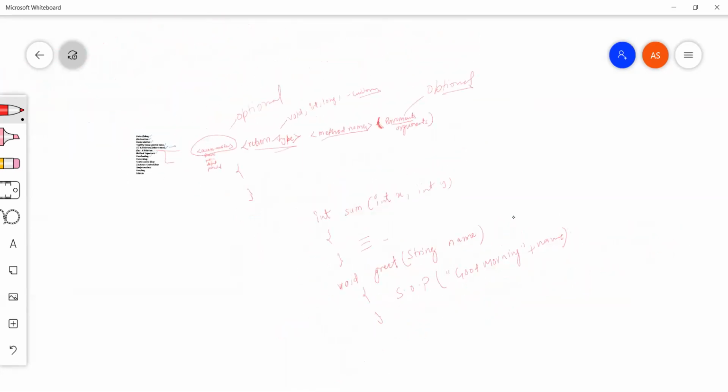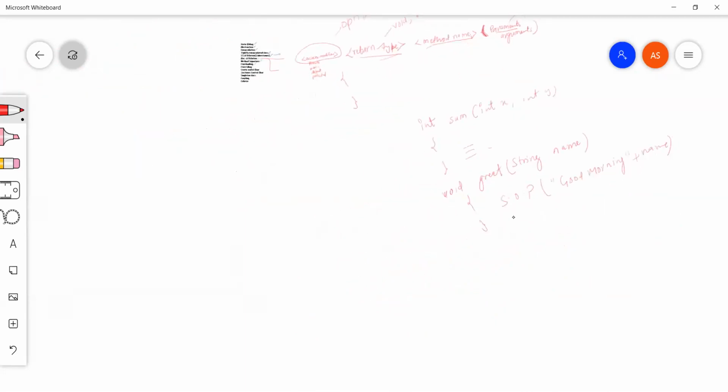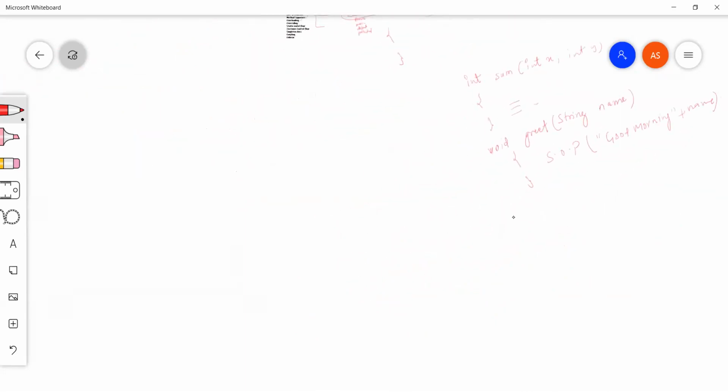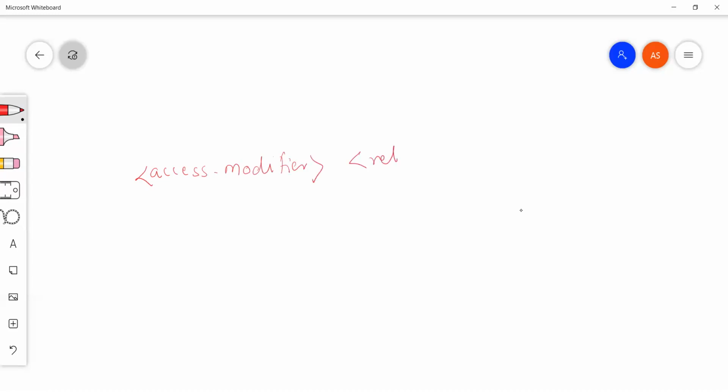Any doubt in this? There are four things. Let me write it again if you are not getting it. First would be the access modifier, which is optional. Then there would be the return type. Then there would be the method name.